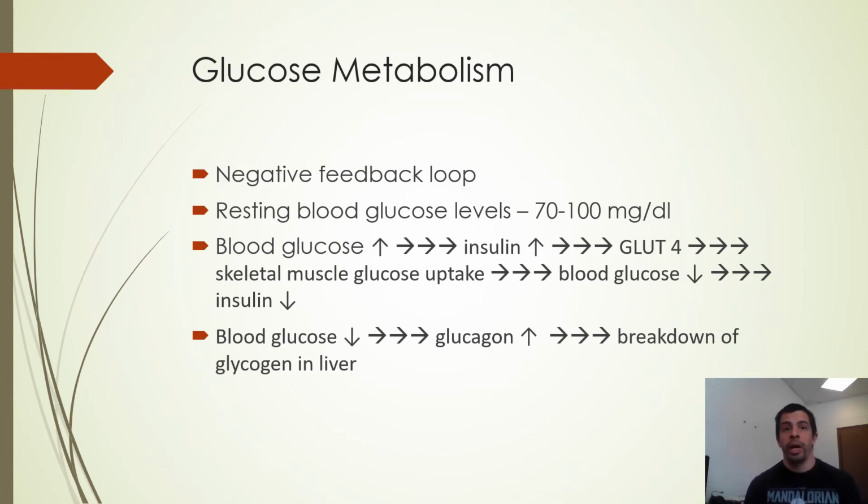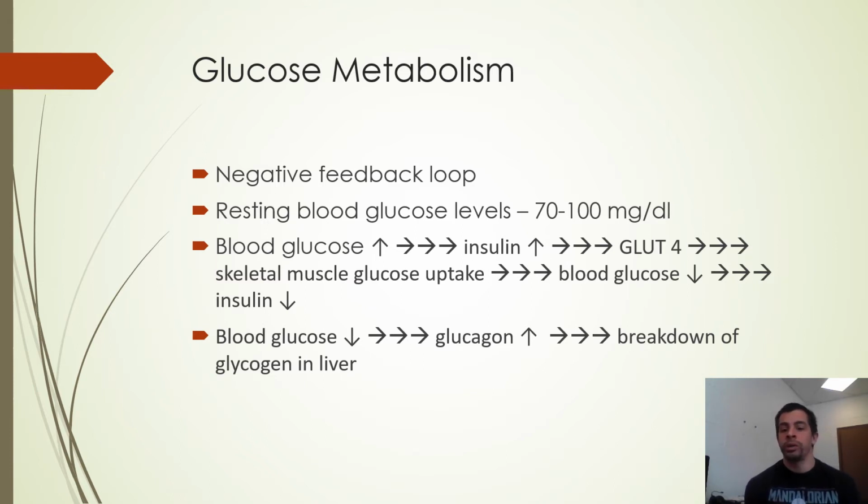It upregulates it by GLUT4 migrating to the surface of the cells within the muscle. When it migrates to the surface of the cells within the muscle, it can better bind with glucose, allowing glucose to enter the muscle cells. Once glucose enters the muscle cells, because of GLUT4, your blood glucose levels start to decrease. Your brain understands this and causes a decrease in insulin release. You should know that insulin is released from the beta cells of your pancreas.